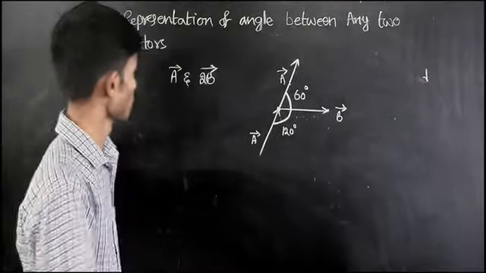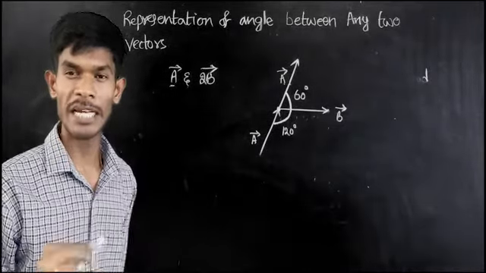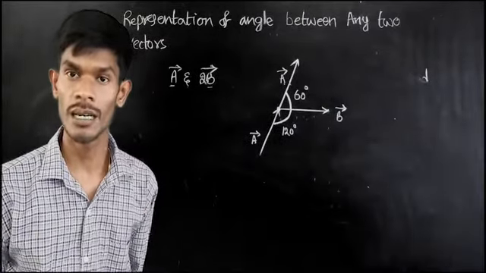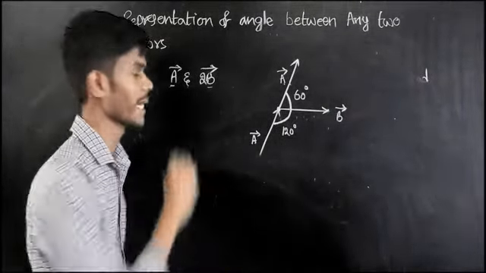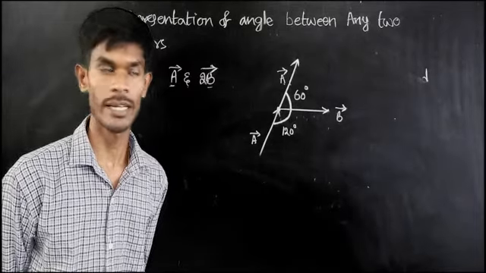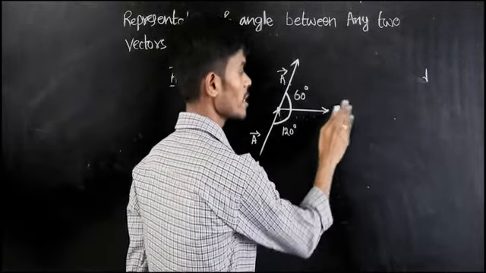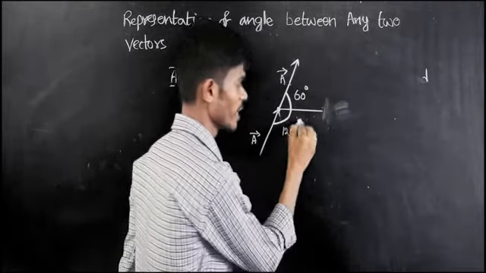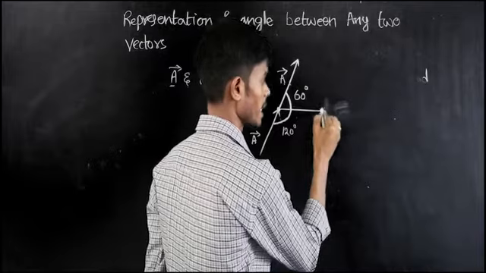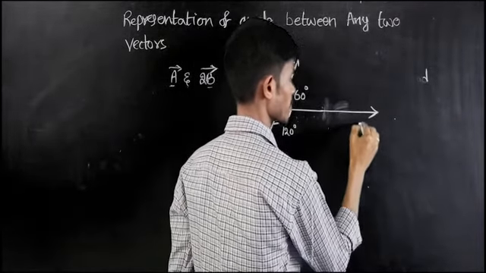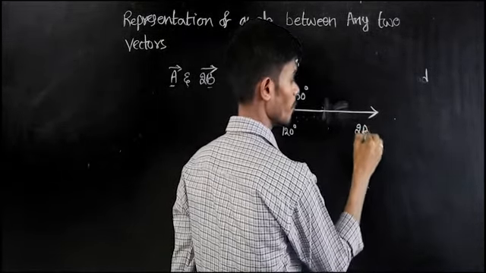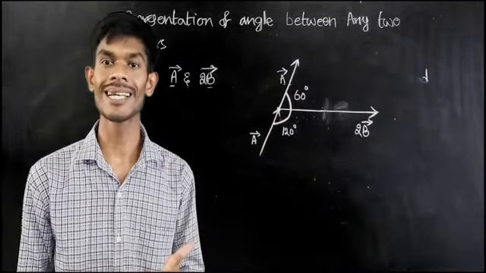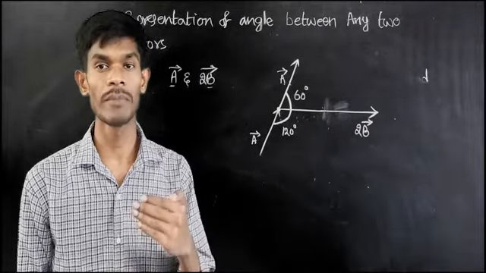If you observe this, there is no change in the magnitude of a bar. If you observe b bar, there is a change in the magnitude. Then what about direction? Is the direction changing? No, right? So, we will change the magnitude alone. If you take the b bar vector as, suppose, 1 centimeter, and add 1 more centimeter, it becomes 2 centimeters, that is 2b bar. If you multiply a vector, it doesn't change its direction.